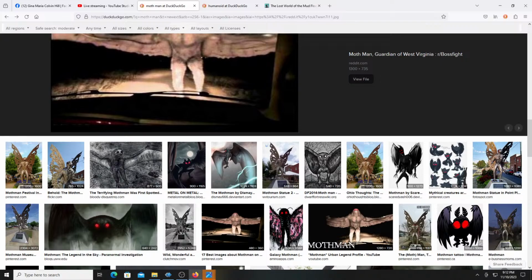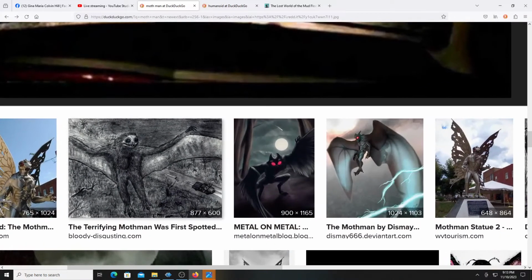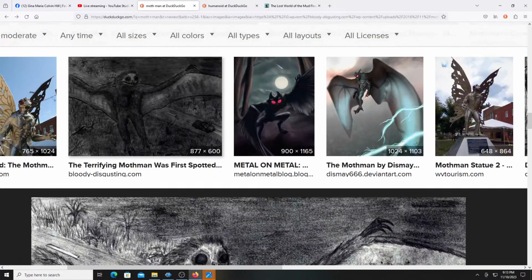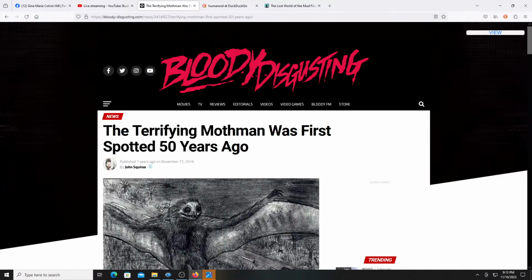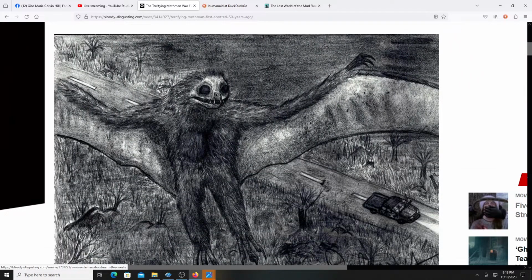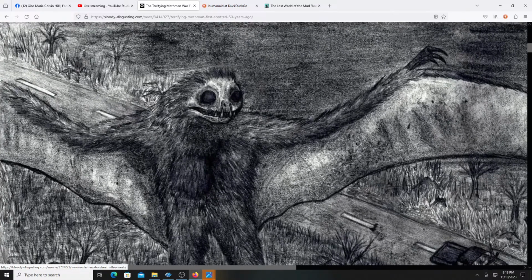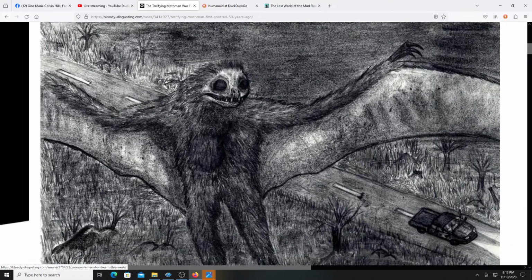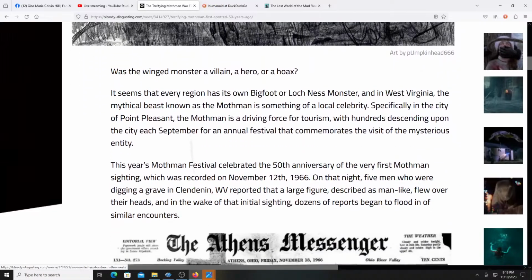I believe that they exist. I really do, because Mothman was first spotted 50 years ago. Okay, so we know about that. That's what they said he looked like. He looked like the abominable snowman on Rudolph the Red-Nosed Reindeer with his face. He really does. Oh, I didn't sneeze. I told myself not to sneeze, so I just stopped it. If I don't want to sneeze, I won't sneeze.